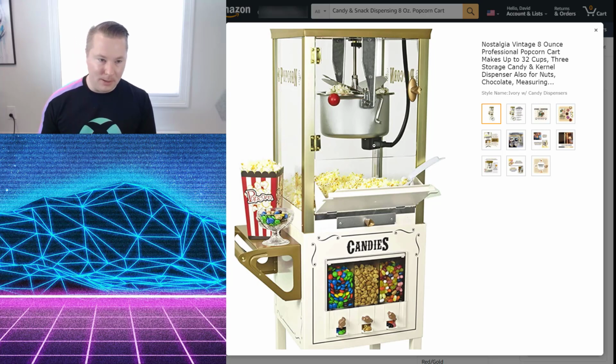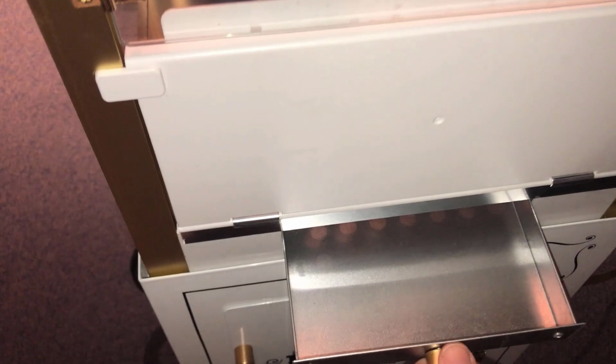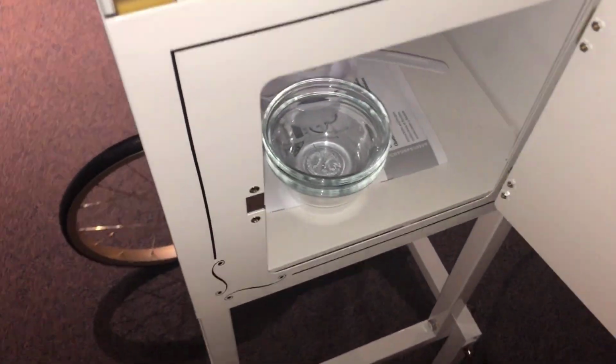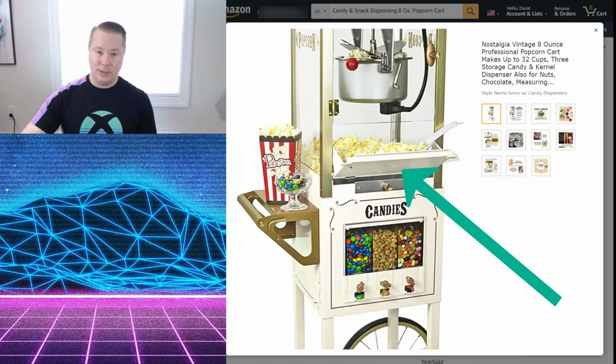I don't know if that'll be a problem or not, but it's something I was keeping my eye on. It does have a little tray so you can pull it out and dump the kernels. This is a tray where all the kernels will collect. So again, it's designed nicely. It's got the slanted vending piece. I don't know what you call that, but you can kind of drop it down and then scoop the popcorn